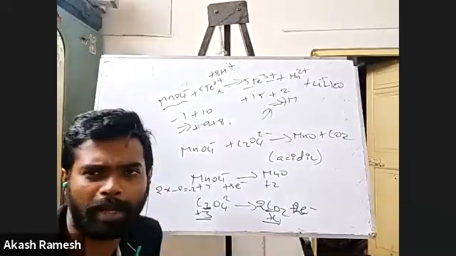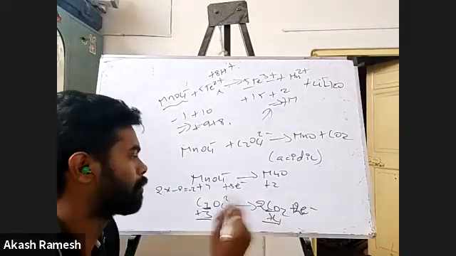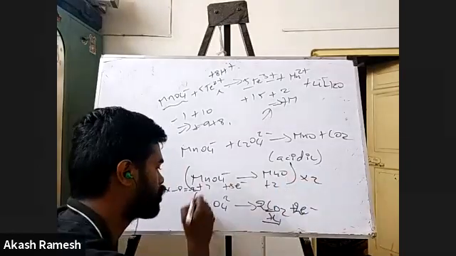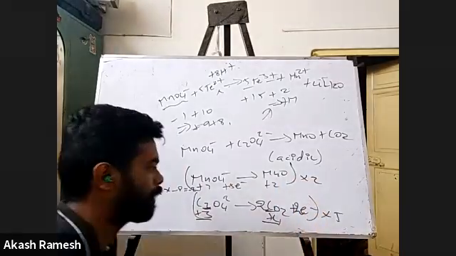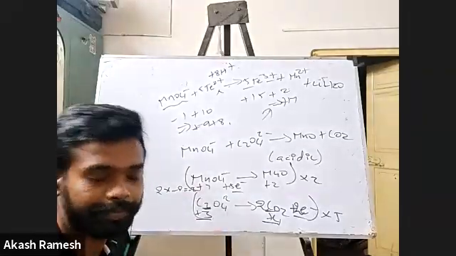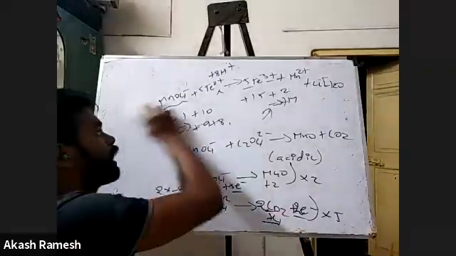Now all the steps are going to be pretty simple. Now we obviously have to make sure the number of electrons lost are the same. So this definitely has to be multiplied by 2, and this has to be multiplied by 5. So the 10 electrons will get cancelled. Then you have to add it. So now when you do that,